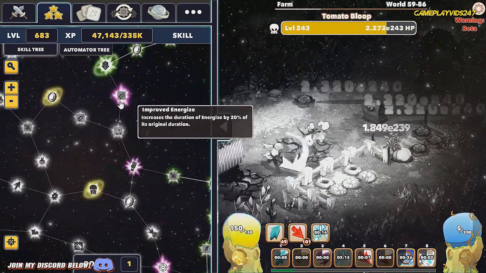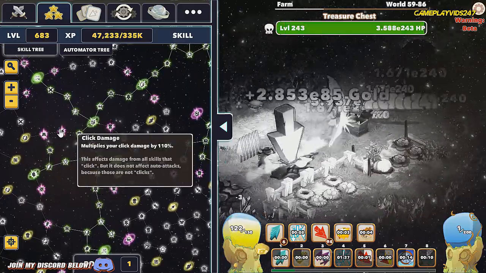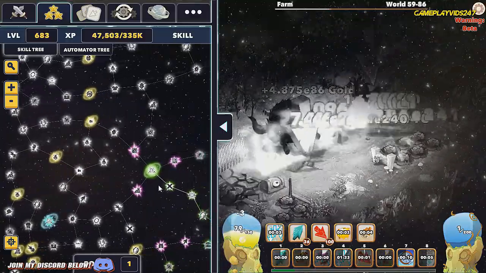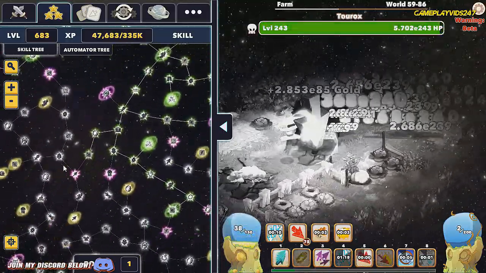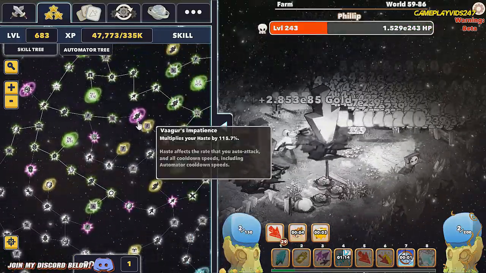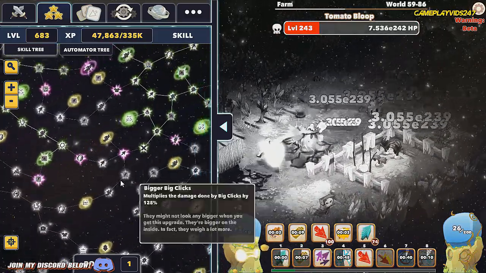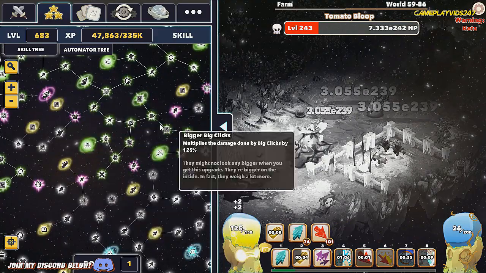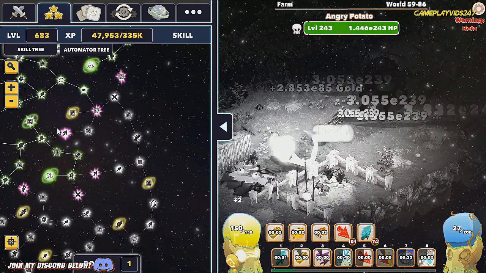I mean, we could go into improved energize, maybe. Click damage increase 110%. I'm kind of limited right now to really what I can do. There's either energize nodes or the click damage increase. I can increase my multi-click as well. We can improve our haste a bit if need be. Or I could go for the gold or more big clicks. Increase multi-clicks there. I reckon what I'll end up doing is probably going towards...